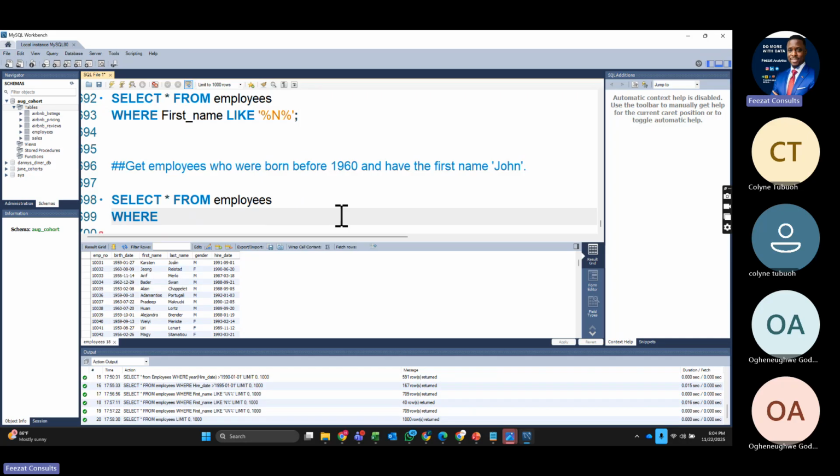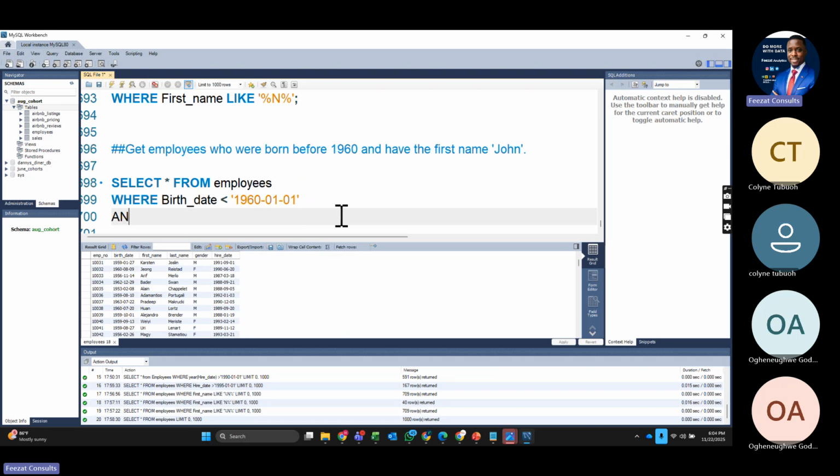So where I'll now type birth_date. Birth_date is less than 1960-01-01. All right, where birth date is less than 01-01. I will now put AND first_name is equal to